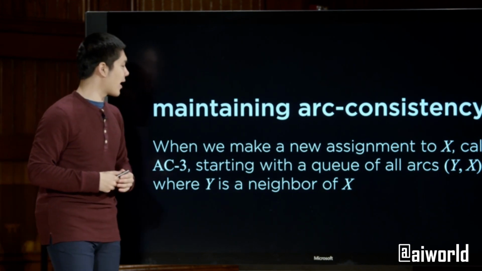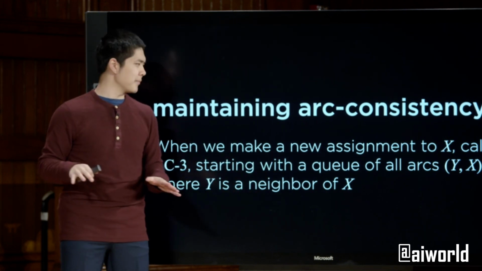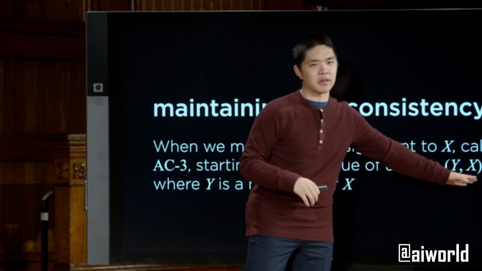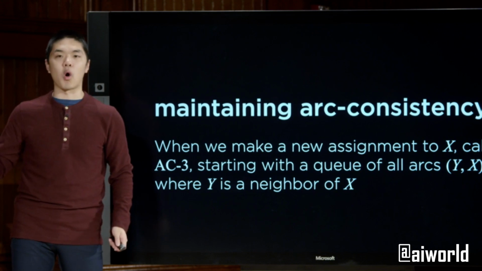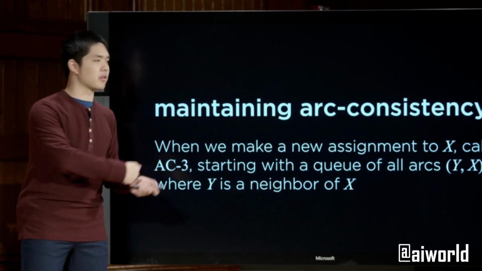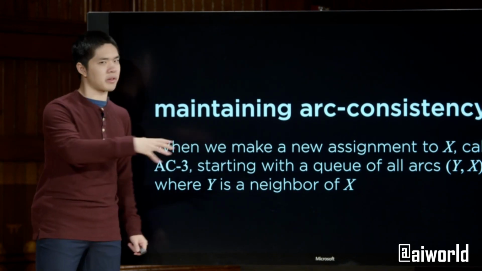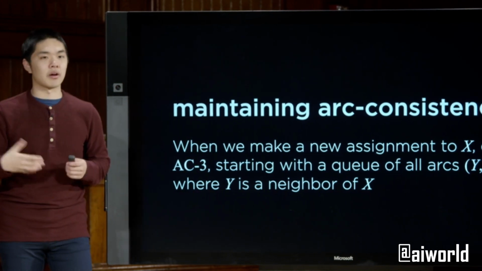And we go ahead and call that, starting it with a queue, not of all of the arcs, which we did originally, but just of all of the arcs that we want to make arc consistent with x, this thing that we have just made an assignment to. So all arcs yx, where y is a neighbor of x, something that shares a constraint with x, for example. And by maintaining arc consistency in the backtracking search process, we can ultimately make our search process a little bit